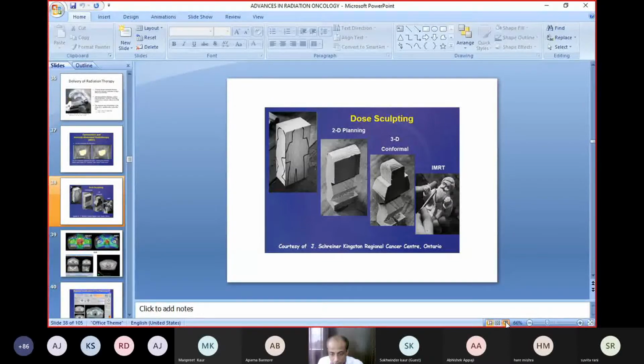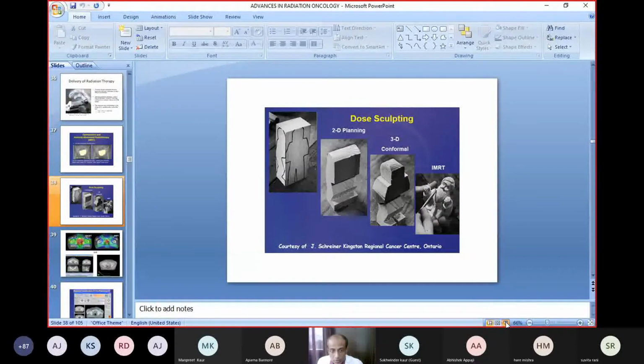You can see both CT scan images, one is here and one is here. They are overlapping before we treat the patient. This is a window of the thoracic region. This is the lungs and the heart area. You can see that this is the verification CT and this is the planning CT. The planning CT was taken on day 1 during the simulation, and the verification CT is taken on a daily basis on the machine before we deliver. We match both CTs perfectly, then we deliver the beam.